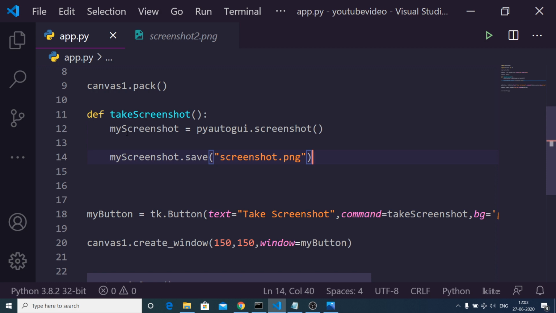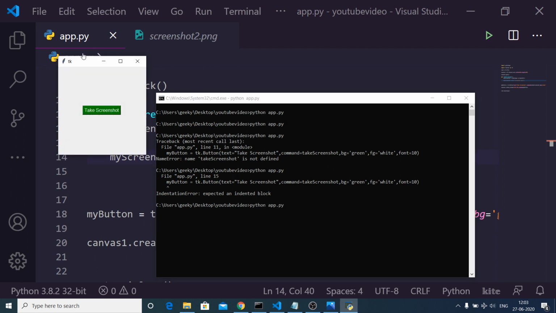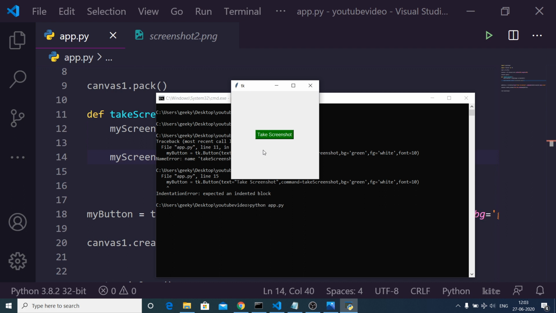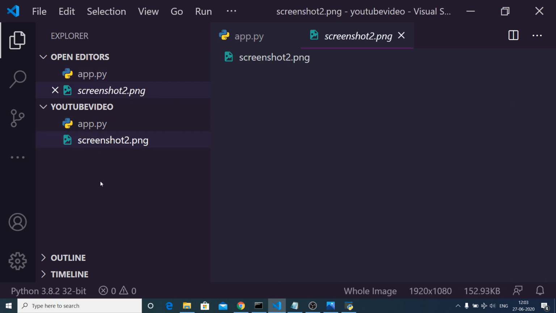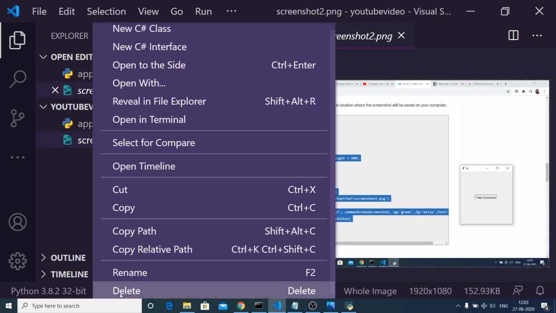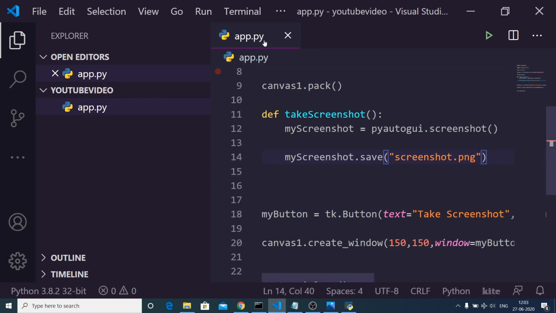So now if I run this, you will see that this is our button which is appearing in green color. Now if I hit this button, you will see, let me just delete this screenshot. Inside our directory there will be an image which will be stored.